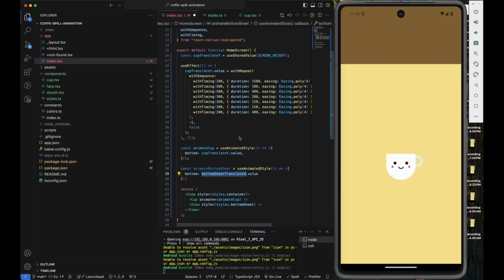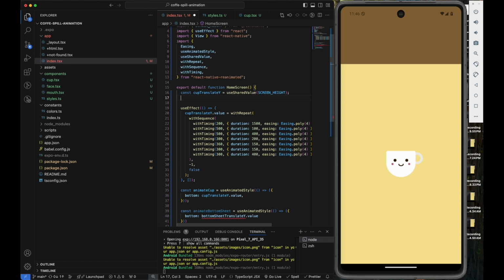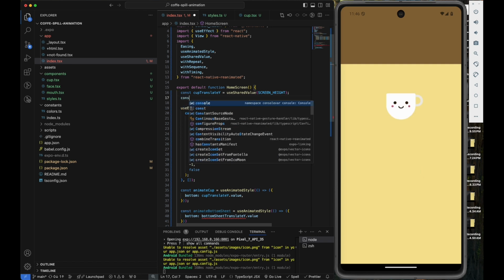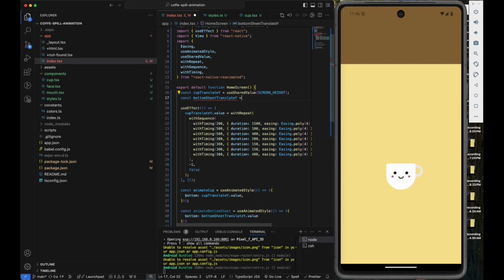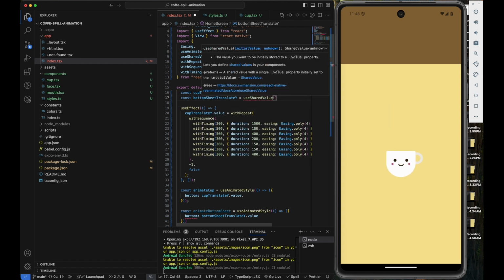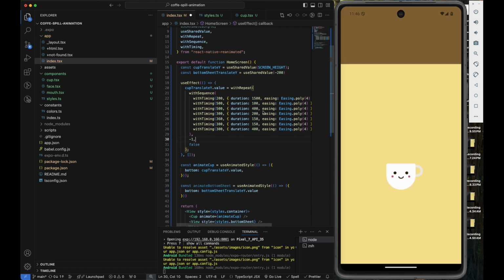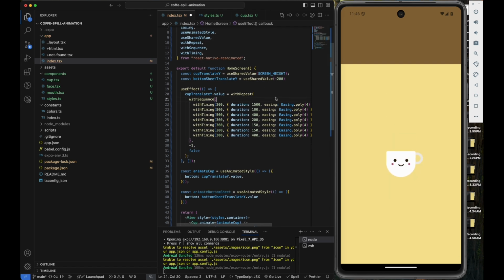So now we will take the shared value here, we'll const call shared value, and then by default it will be minus 200. So now what we want to do here is when the animation starts here,